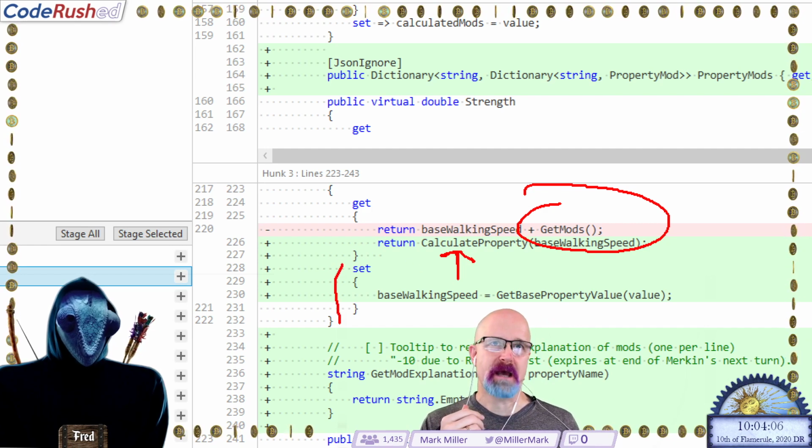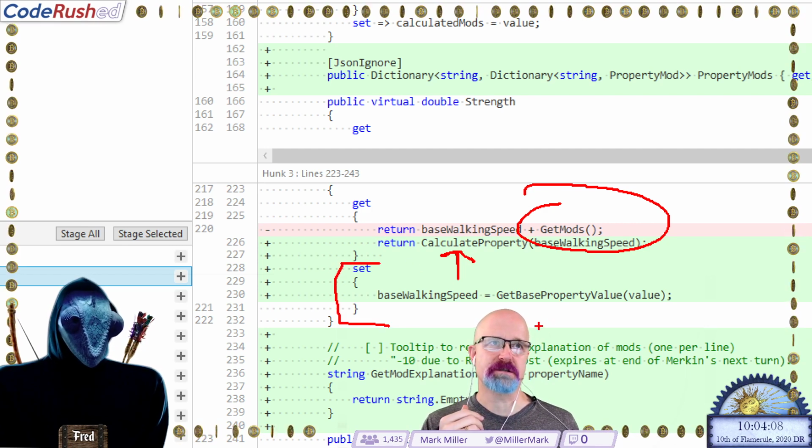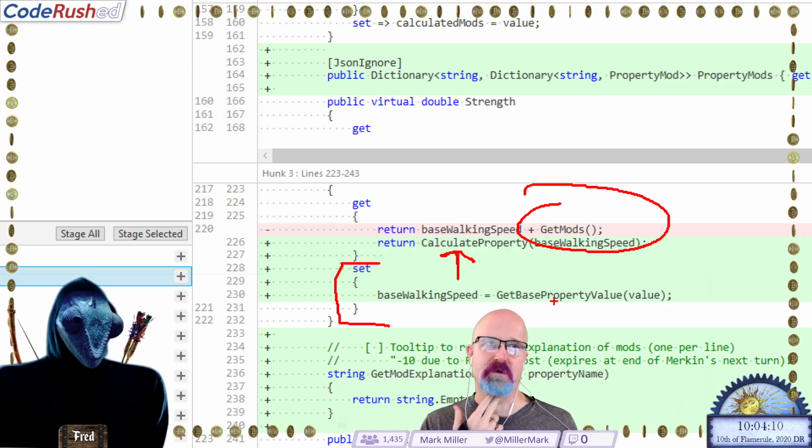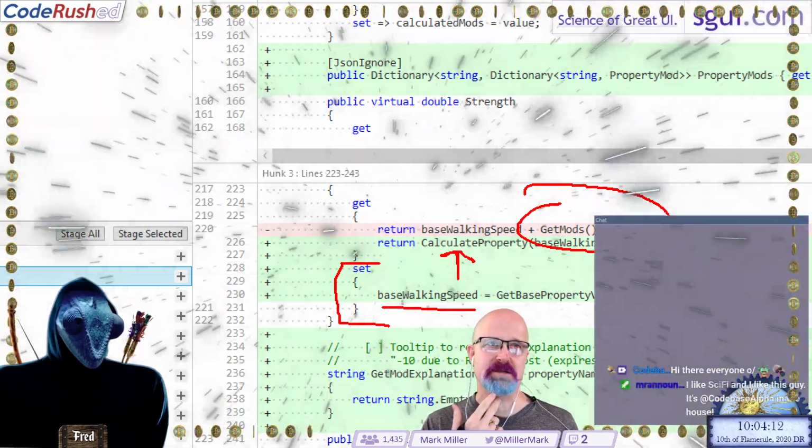I also added a setter. Somewhat controversial setter, because what it does is it calculates the base walking